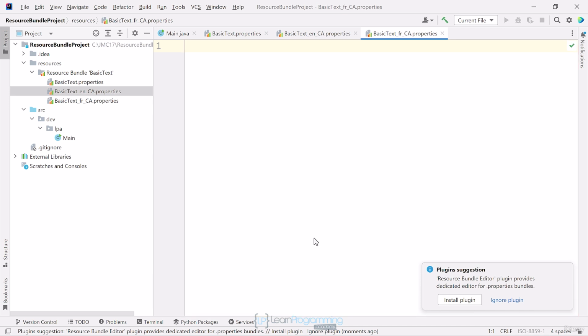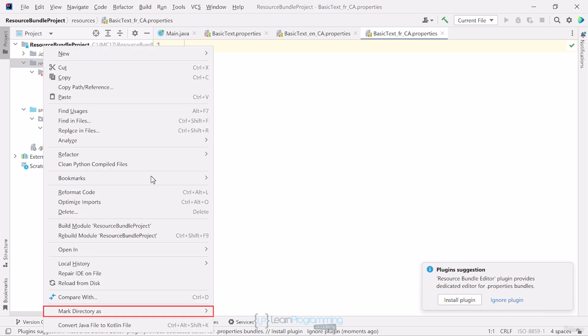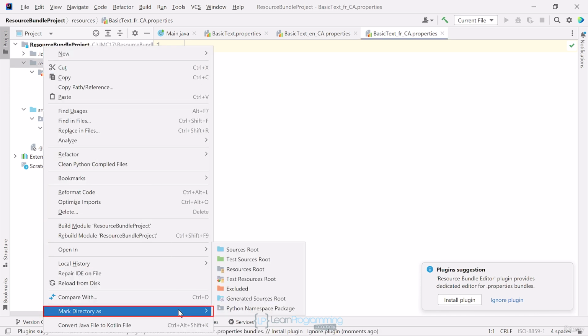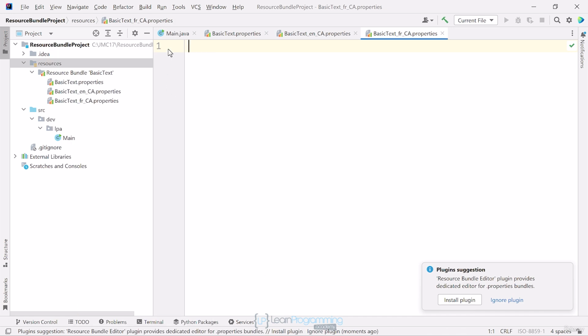Because the Resources folder is not part of the project's class output folder, it's not immediately included in the classpath, so I need to let IntelliJ know that this should be included. I can do this by right-clicking on the Resources folder and picking one of the last options on the menu, Mark Directory As. I'll select the Resources root menu option. Now if I execute the main method,